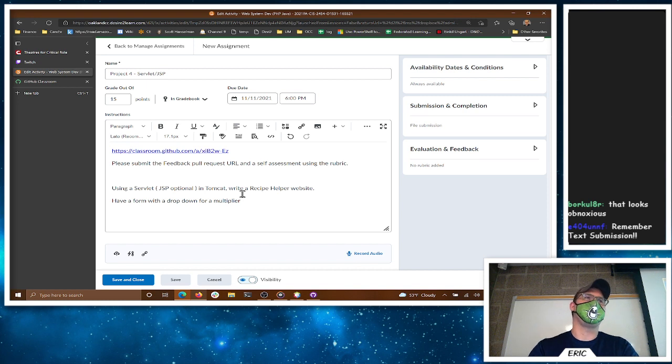So the idea is, if you get a recipe for something and you want to make a double batch, we're going to double all the ingredients. If you want to make a triple batch, we'll triple all the ingredients. If you want to make a half batch, we'll halve all the ingredients. Okay, so with the drop down for the multiplier and display, we're going to have a hard-coded recipe here